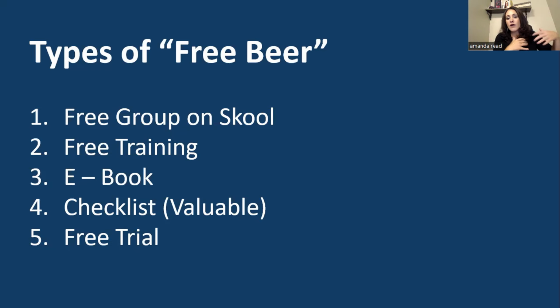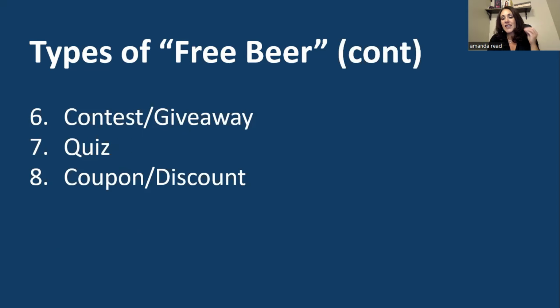If you have software or some memberships or other things like that, you can offer a free trial. A try before you buy is a great source of free beer. Another one is contests and giveaways. These I love. When you do contests and giveaways, especially around some of your products or things that can show interest, if I sell coffee and I'm giving away free coffee, I know that everybody who enters it is interested in getting coffee, right? Contests and giveaways are a great way to get your information out there and start to introduce yourself to people.